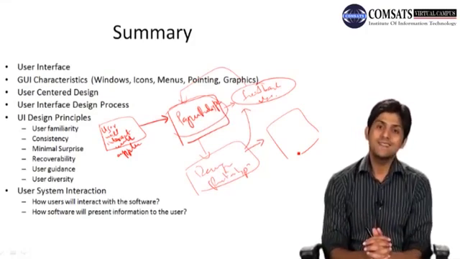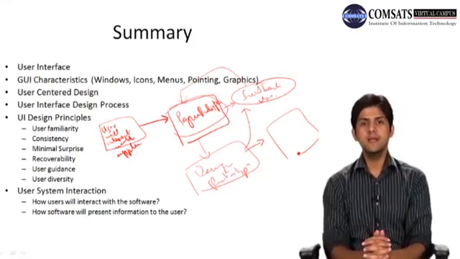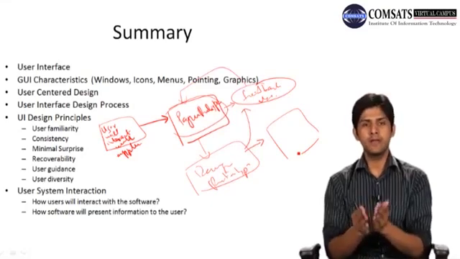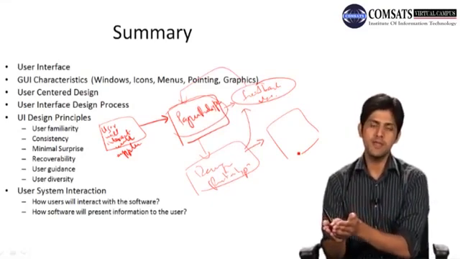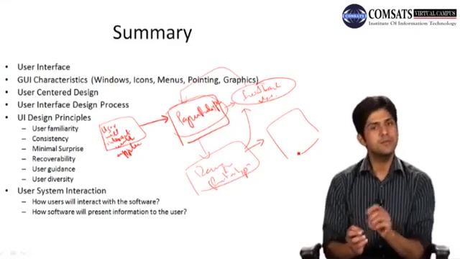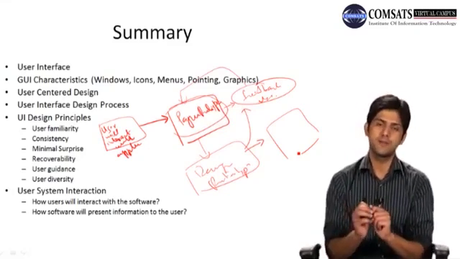Then we said that there should be consistency. There should be consistency in the different operations that people can perform using your software. ठीक है, एक जगह पे आप search एक तरह से कर रहे हैं, दूसरी जगह पे दूसरी तरह से कर रहे हैं, that should not be the case. ठीक है, normally